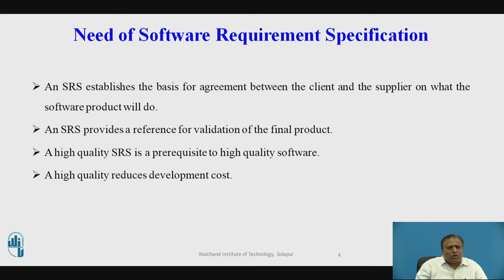Quality will impact the cost and schedule of the project. Reduction in cost is caused by reducing the errors in the SRS, and SRS provides a reference for validation of the final product of software. High quality SRS is prerequisite to high quality product of software. High quality SRS reduces the development cost.